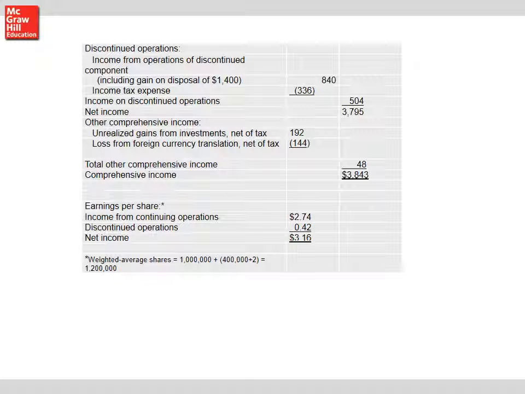Don't forget, you need to calculate earnings per share for each major category or line item on your income statement, starting with income from continuing operations. So you would take your income from continuing operations,